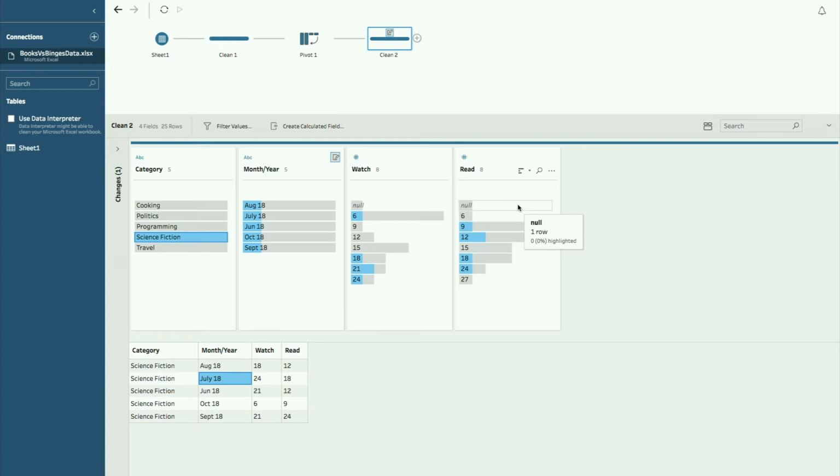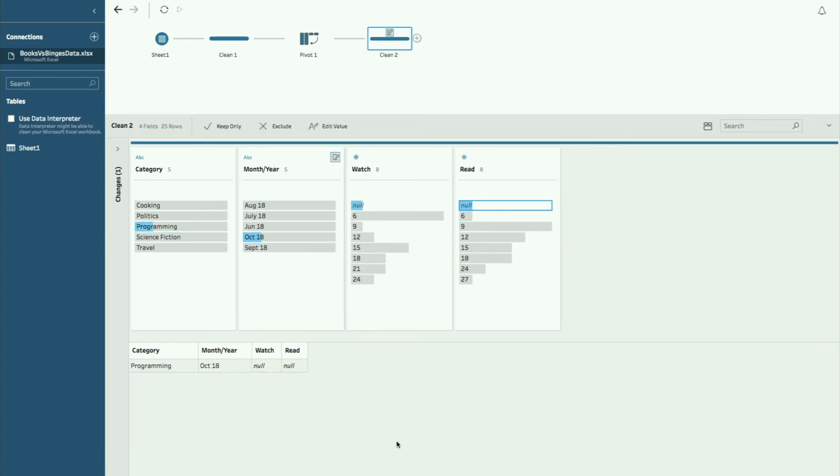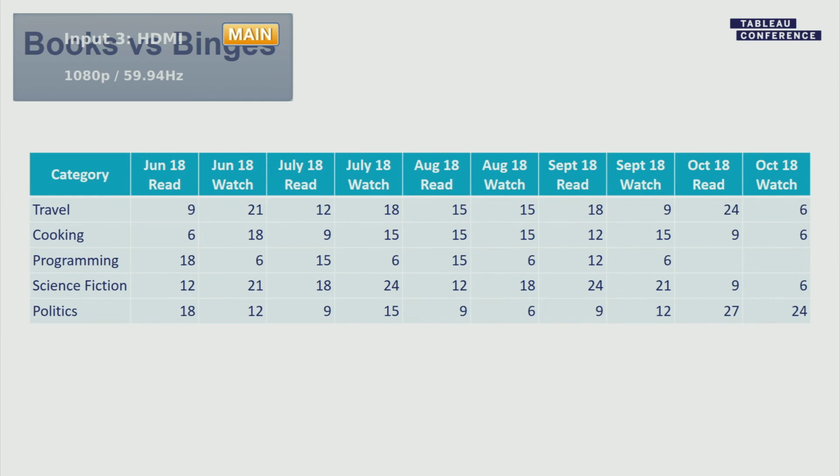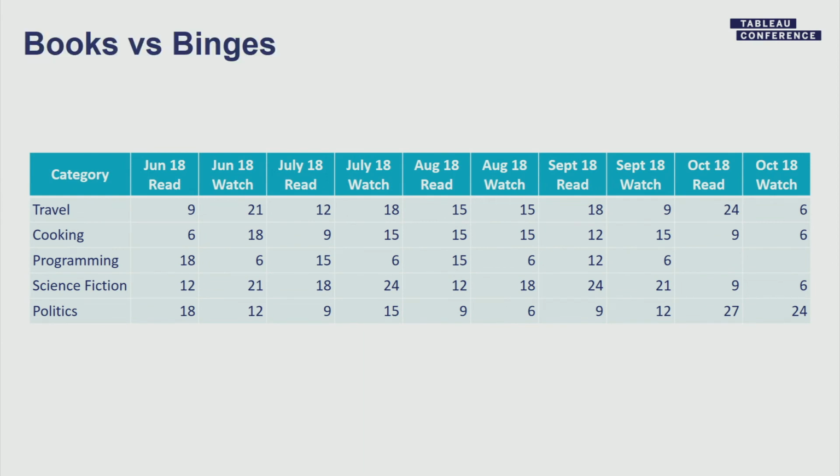Looks like there's also some null values in my data. If I look at those, it looks like for programming, I don't have any data yet, which is probably because I've been preparing for this talk. Cool. Tableau Prep makes the act of performing pivots pretty simple and allows you to be confident in the resulting format of your data. Now that I've covered a specific example, let's go through some more general scenarios where Tableau